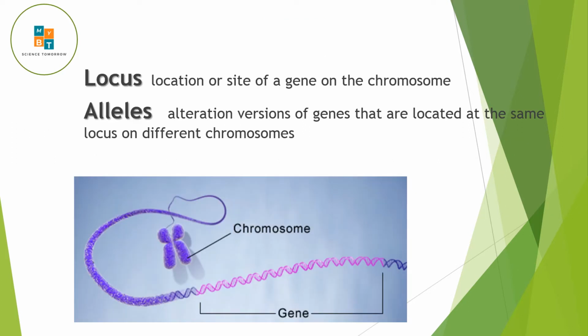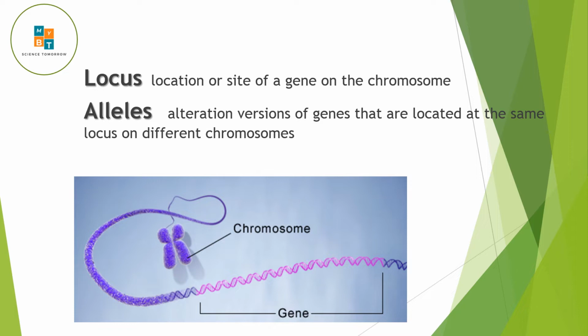So, what is a locus? A locus is the site of a gene in a chromosome. If you take a chromosome, the area, the location, the site of the chromosome where a gene is located, you call it a locus. The alternative genes at the same locus, you call them alleles. We have learned these things in genetic lessons, but we have to